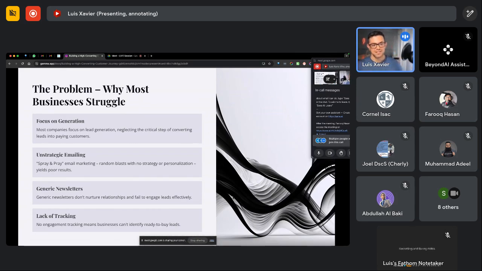The other one is generic newsletters. So what happens with newsletters? Businesses know that they need to send emails and they're like, okay, I'm not sending broadcast emails. Instead, I'm going to send newsletters. And they make this newsletter that is absolutely beautiful for them, right? Because what your avatar, what your lead wants, is not a beautiful newsletter. I can tell you that right now. What they want is to know what you do.